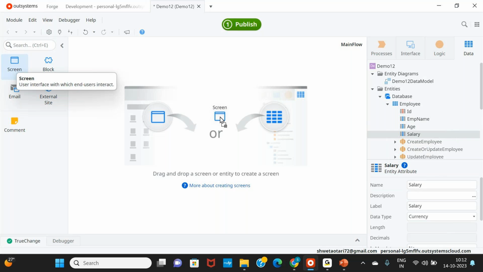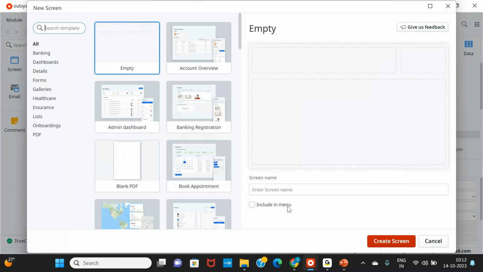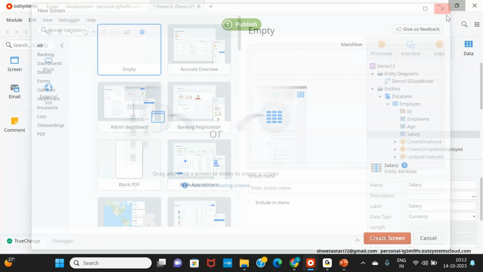This is the one way. But when you are doing this, you will have to create a new screen and you have to write all your logic to create, read, update and delete an employee. But I will show you the easiest way. What you can do,